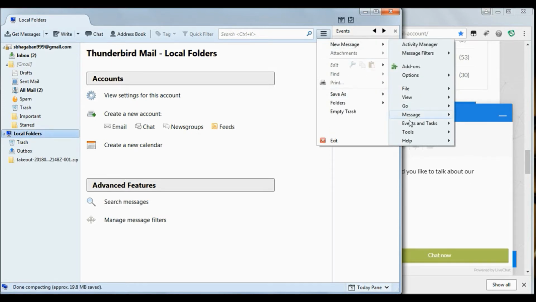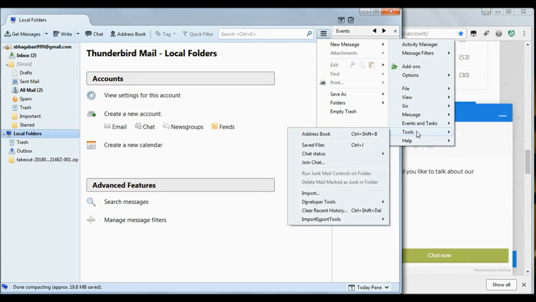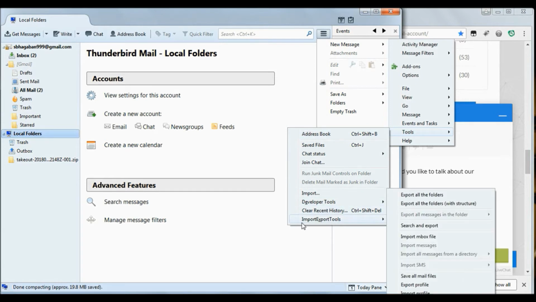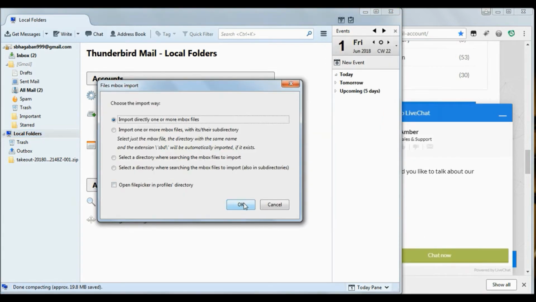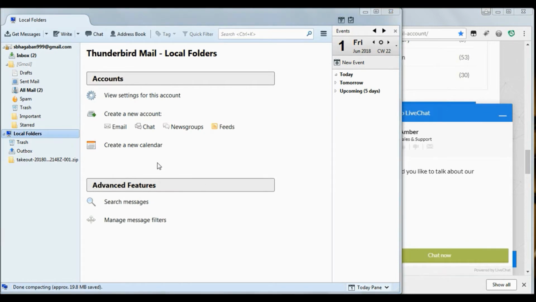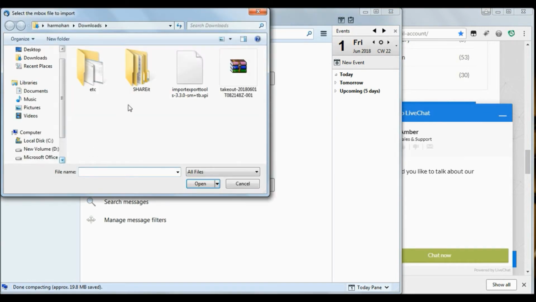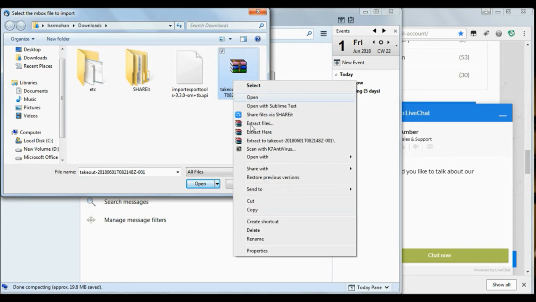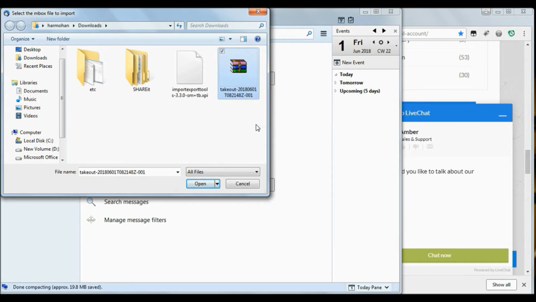After all, then you can add your file, means mbox file you can import. Just extract this file